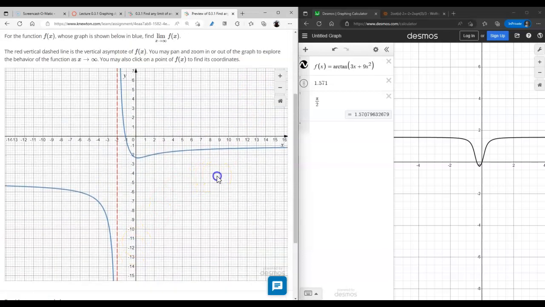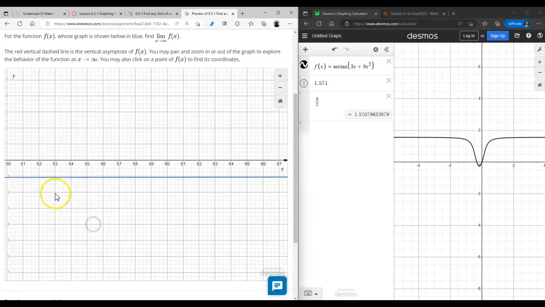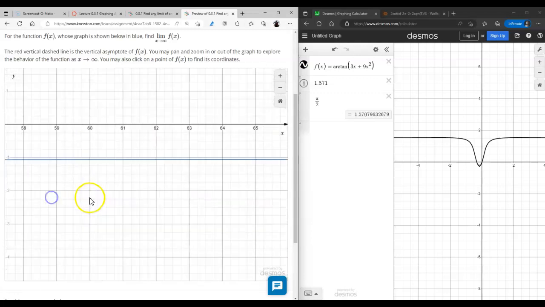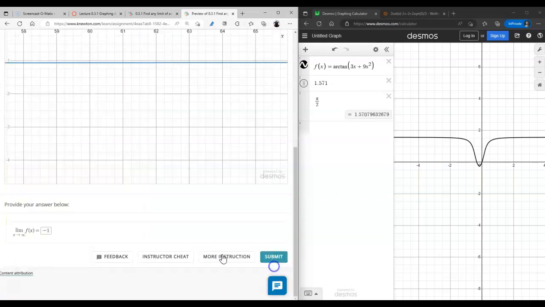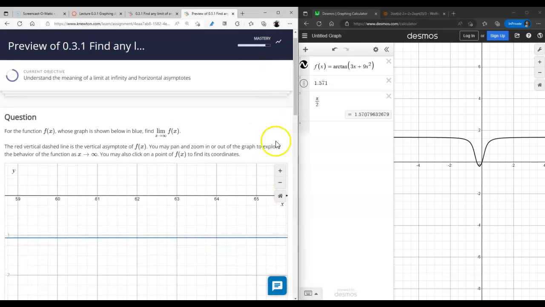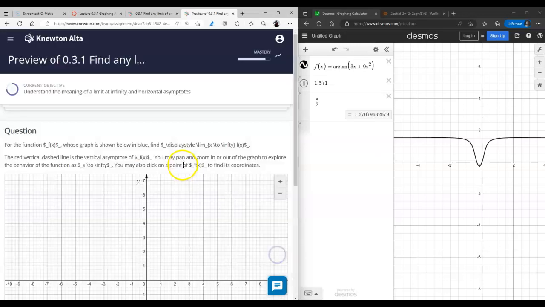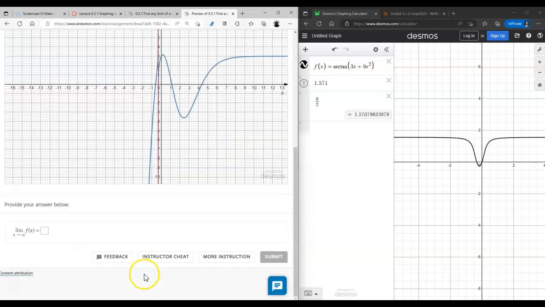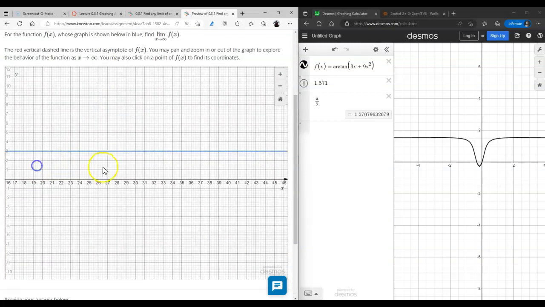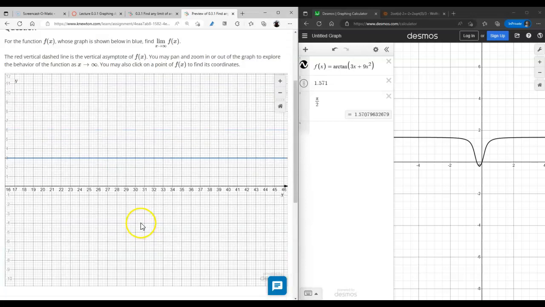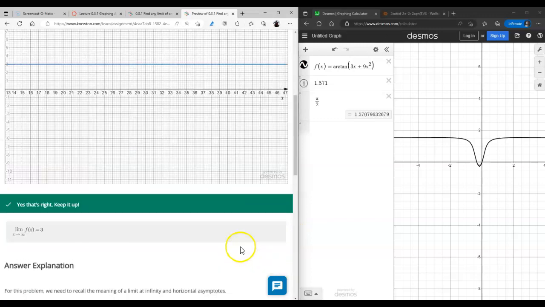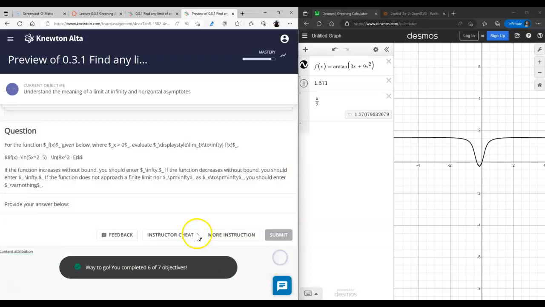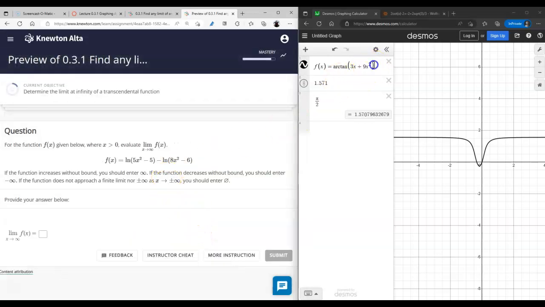What's the question? Find the limit as x approaches infinity. Looks like -1, right? Unless they're trying to be tricky and it's some fraction that is close to -1, but no, they're not trying to be tricky. It is what it is. Another one. As x approaches infinity, the answer is 3. Look at it. It screams the limit is 3. Couple